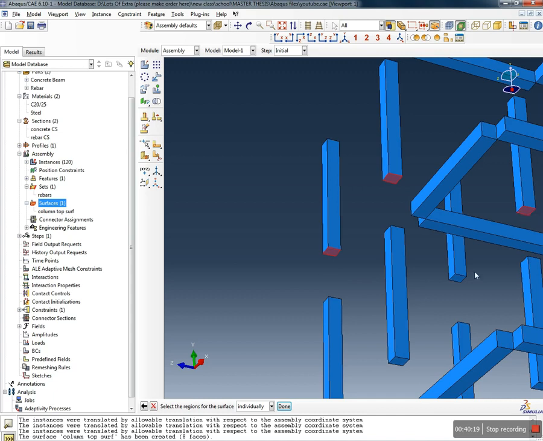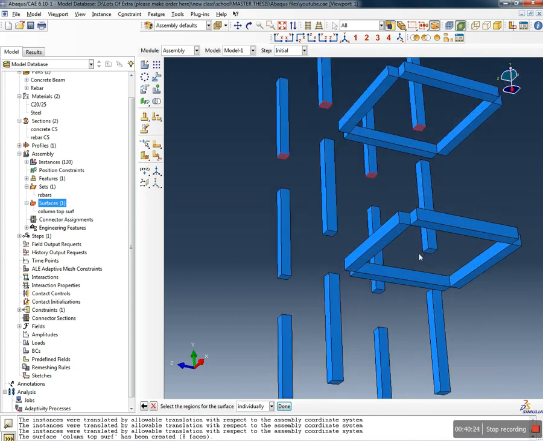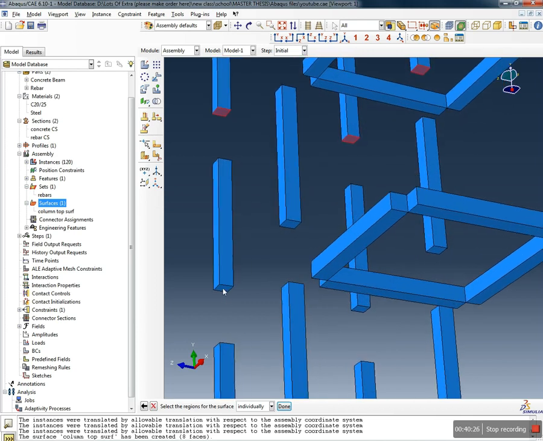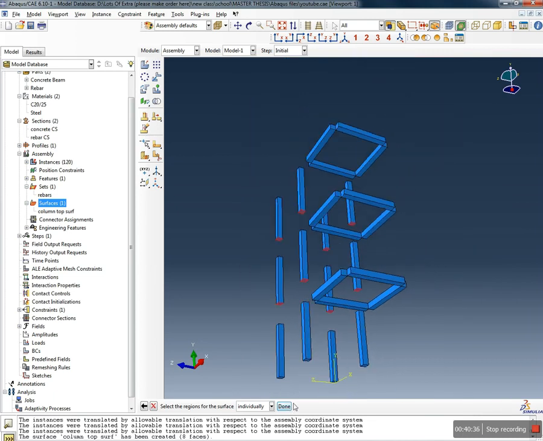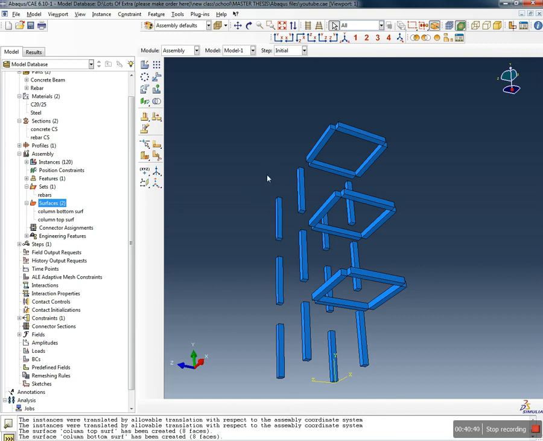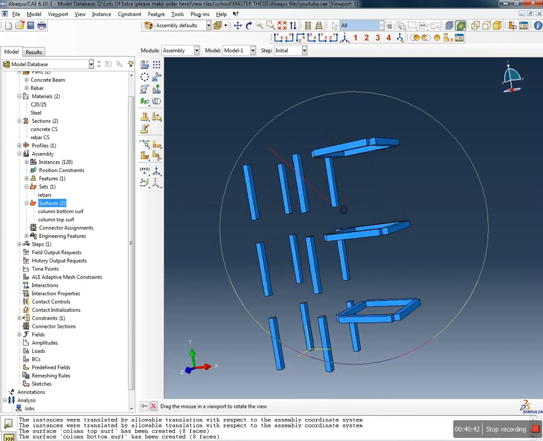Remember to hold shift, this one, and here this one. Bam, bam, and bam. Alright, and now we click done. Now, having these two,